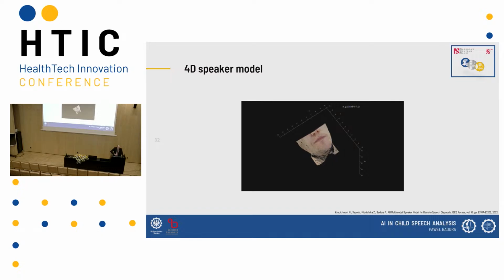If you look at all this data, one of the outcomes of the project was the 4-dimensional speaker model. With the stereoscopic analysis, you can get the cloud of points. Then you can texture the cloud of points and use it to present something like that, which might be useful for the pathologists. Still, the low resolution is visible, and please treat it as the starting point for the further research of the team. They now have some better equipment for recording, but the tools are already available at this point.